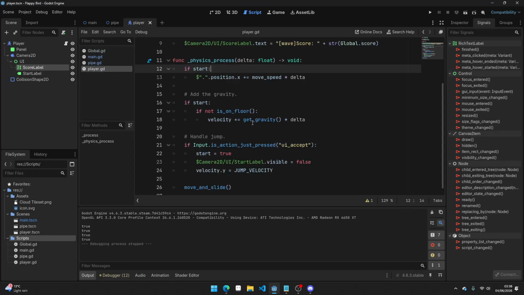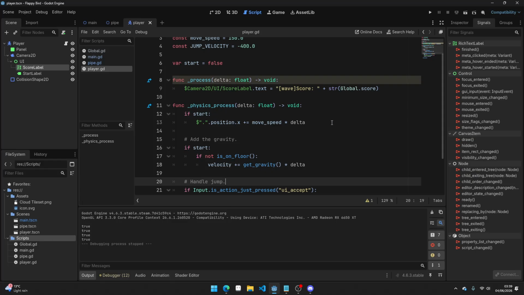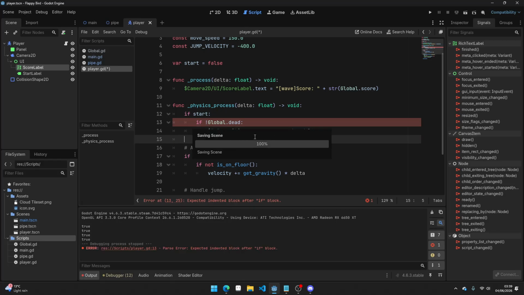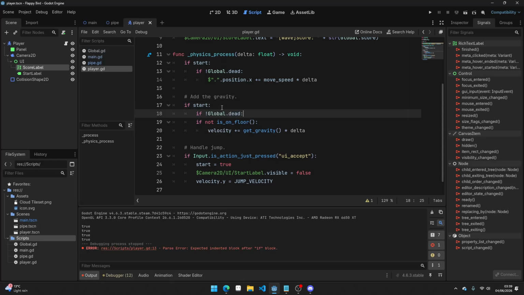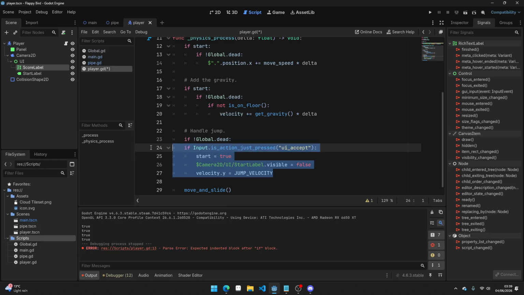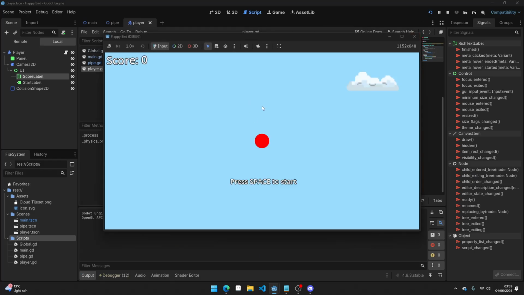Go back to our player script. So if start, then you have gravity. If start, you can move. And then we're going to do if not dead. That's what the exclamation mark here does. And we need to do if not global dead. So if you are not dead, we're going to move this down to here as well. And then if you highlight all this and press tab, it will indent it. And then here, we're just going to do that. So if you're not dead and you press that, this happens. So if we're not dead, we can start. But as soon as we touch a pipe now,